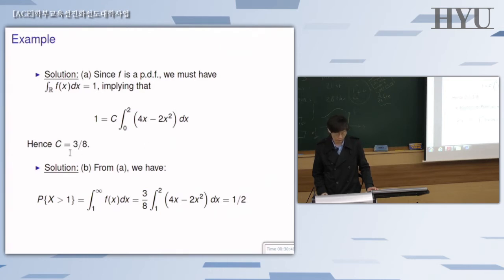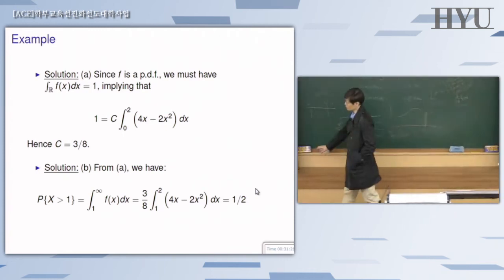But once we figure out the number for this C, the rest of them is easy. Just use the identified PDF down here, but then you only need to specify what the range is. Range should be bigger than 1 and can be anything above that. So using the identified PDF, you solve this second integration, which is this integrand between 1 and 2. And then you compute, and the answer is nothing but half. And in case you are not familiar with this integration operation,